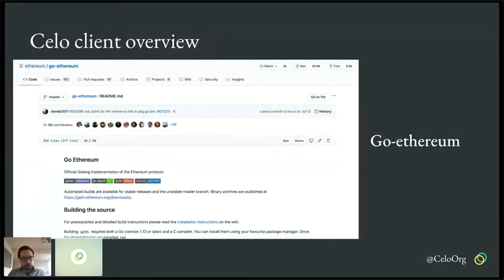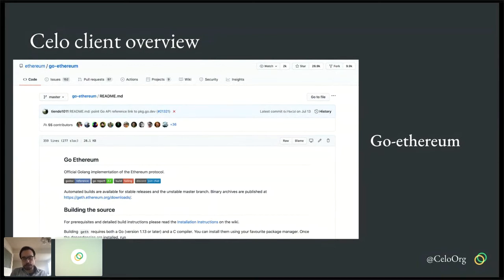And the decision was to fork one instead of creating our own, and a lot of this is to speed up the initial development. And at the time, Ethereum was the best option, mostly because it was the most used programmable blockchain, and also it had the best developer tooling and ecosystem at the time.